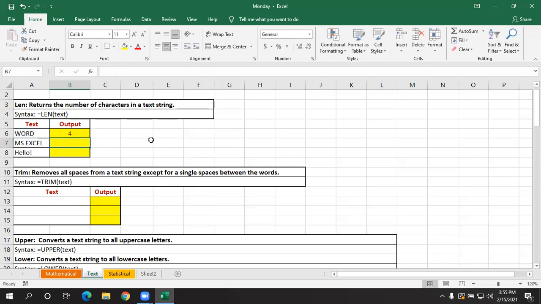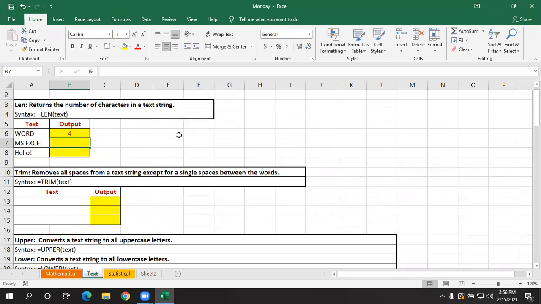Now how much is it showing? It is showing 4. Why is it showing 4? Because the cell A6 contains 4 characters. Next, we have in the cell A7 MS Excel. By seeing that cell, can you tell me how many characters are there? That means what is the length of the string?